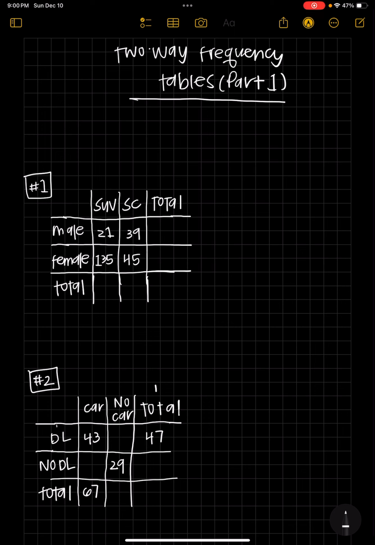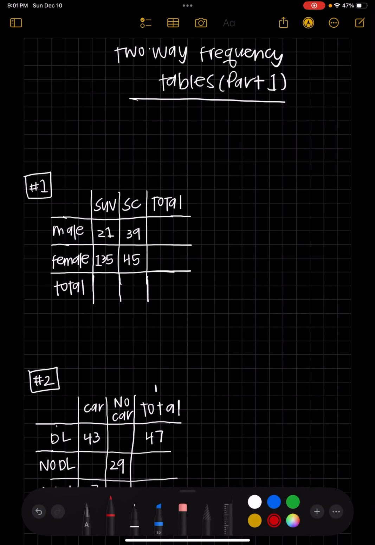The first example says, a survey asked males and females, if you could have a new vehicle, would you want a sports utility vehicle or a sports car? And the data is shown below. So the way that we read these tables is that this 21, I'm going to use a red pen, that's right here,